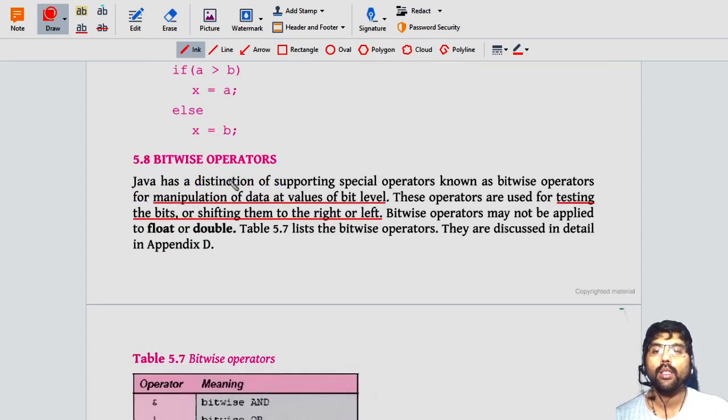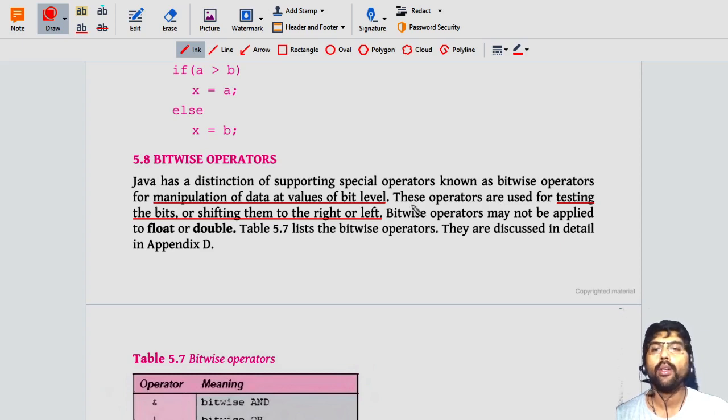The next one is called the bitwise operator. Sometimes we want to perform some operation on bits instead of the direct data value. We have to perform some manipulation of data at the bit level. In that case, we are using bit operators.